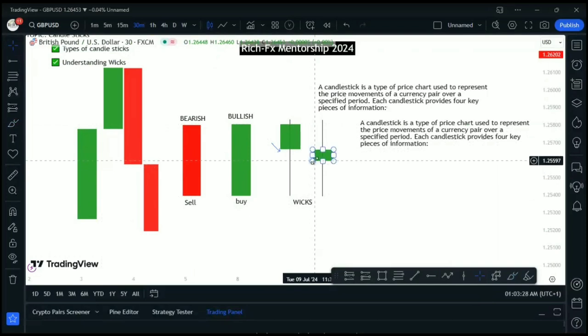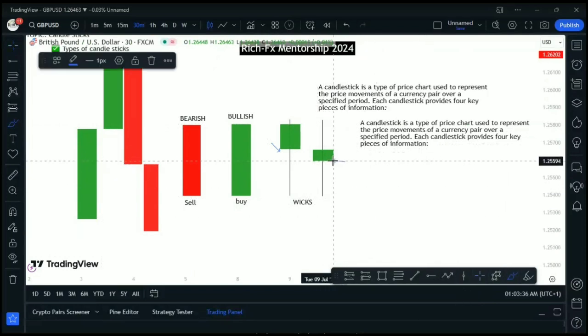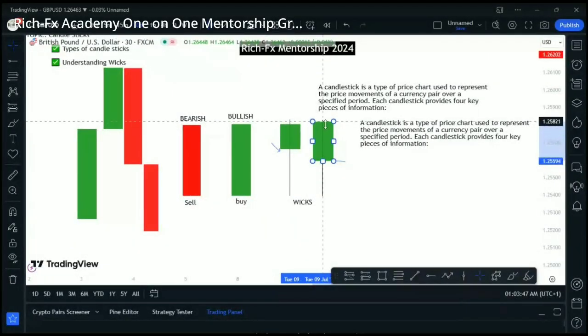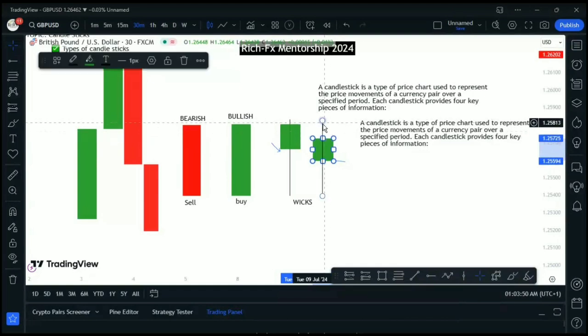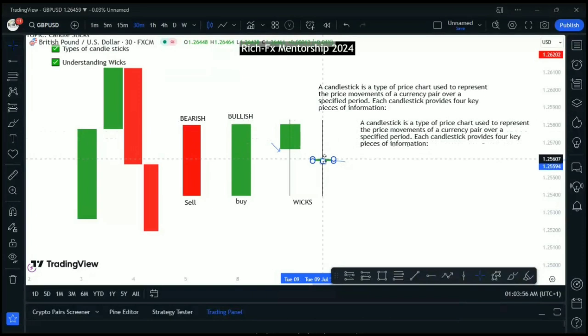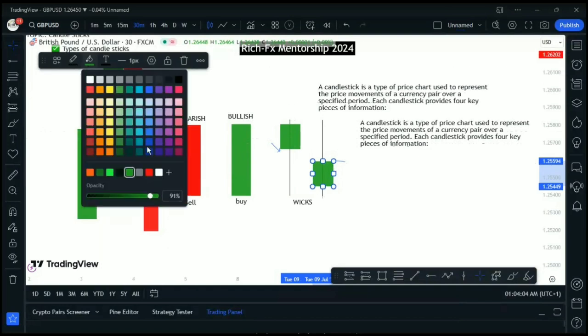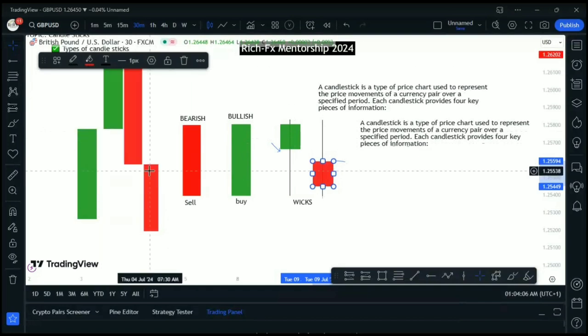Same thing will happen to this one too. This bullish candle, this one here. So let's say the market opened at, remember it opens at the low. And immediately it opened, what did price do? Price decides to go up, then comes back. When it's coming back, it leaves a trace that, okay, the market has visited that point so that you know. And then comes back. Once it comes back and crosses the line at which it opened, it turns what? Red. That is the color. It will turn red, which means it is now bearish.